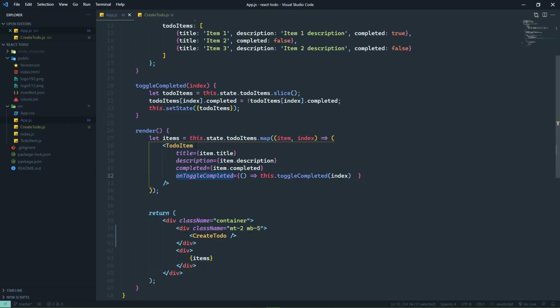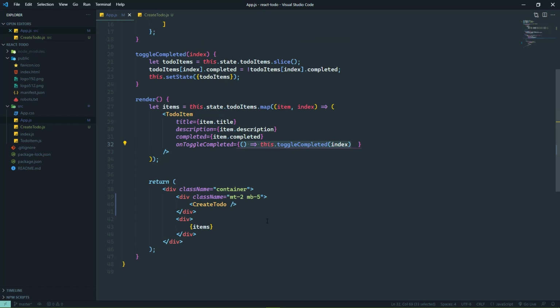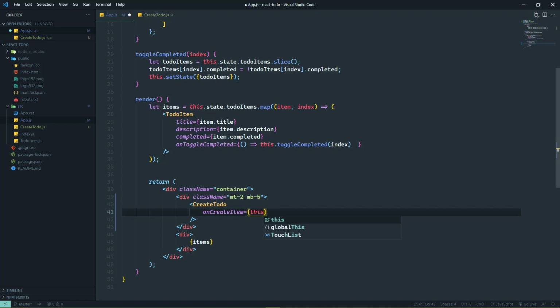onToggleCompleted prop. That is a prop on our to-do item, and the app component supplied a function for that prop. So we can essentially do the same thing so that whenever an item is created, then the app component can provide the function that's going to handle that event. So let's just call this onCreateItem. And I'm going to write this a little bit differently than what we did for this onToggleCompleted,